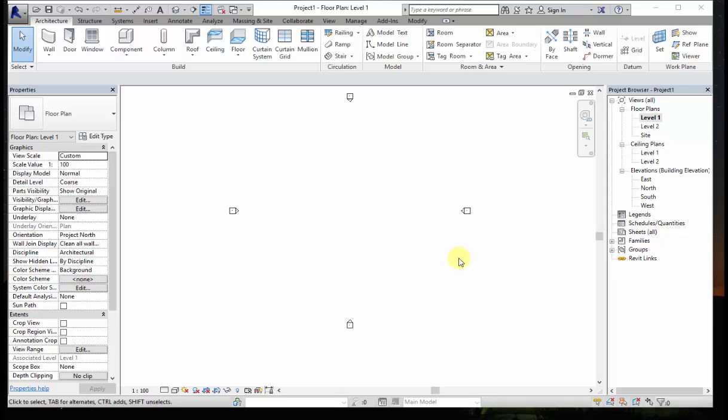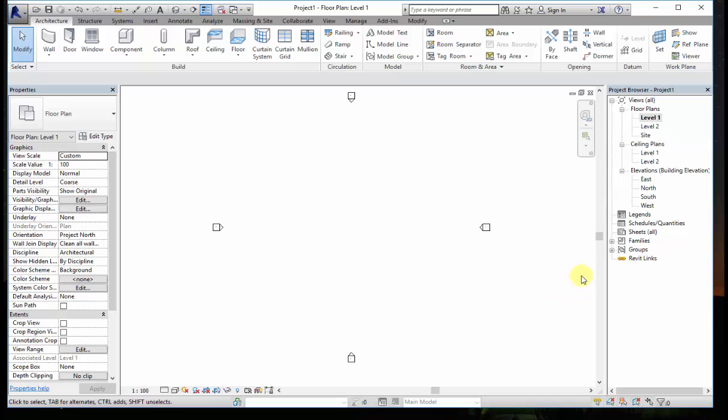Levels are the most important thing we set before creating a plan in Revit Architecture. Whenever you start creating a plan, we first set the levels. For example, if you are considering a wall, the wall height is considered as 10 feet. So I'll create a level at ground level 1 and the wall height level 2. The two levels are created over here.